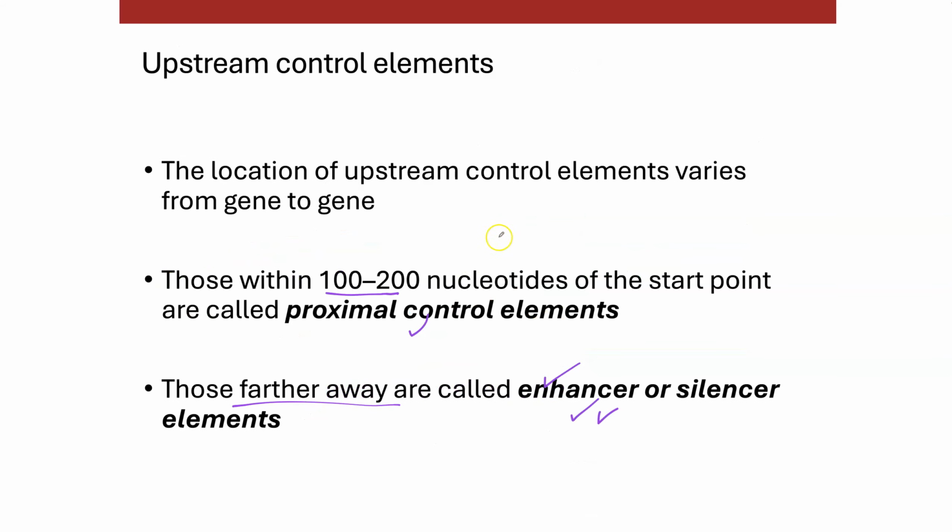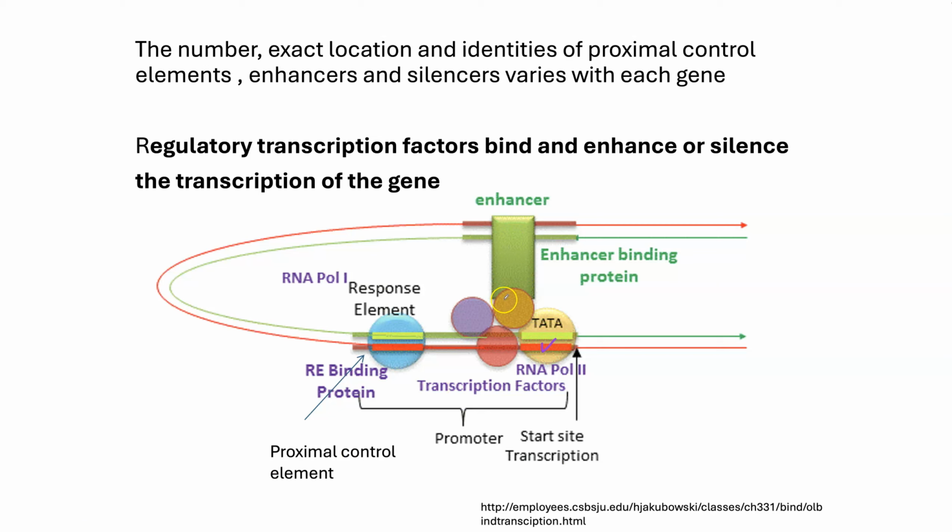And the way they work is that there are proteins that specifically bind the enhancer, or it could be the silencer. And then those proteins also interact with the transcription factors that are found right on the promoter of the gene. So it is this part that actually does the transcription. But if this is an enhancer, then the enhancer activates, allows for the transcription to take place. But there are also silencers, and the silencers actually will interfere with, prevent the expression of the gene.